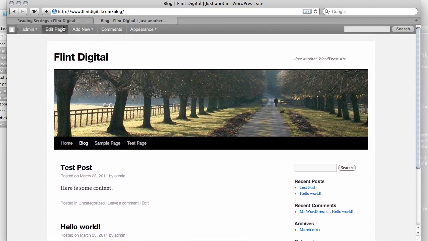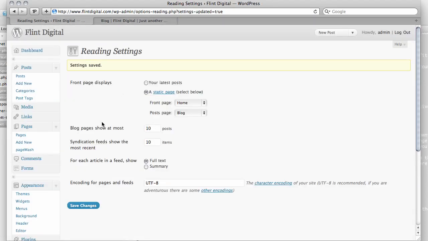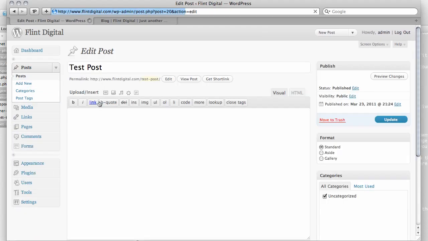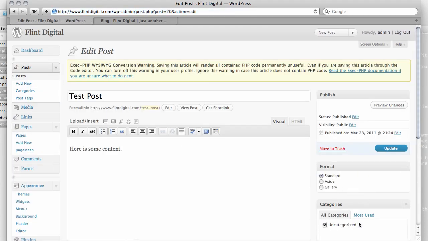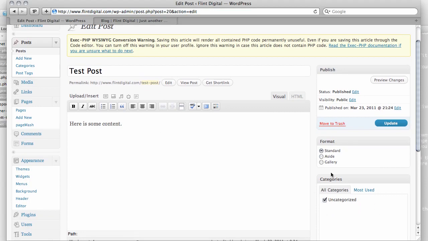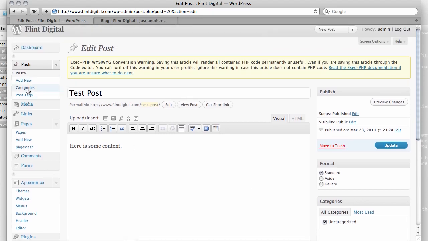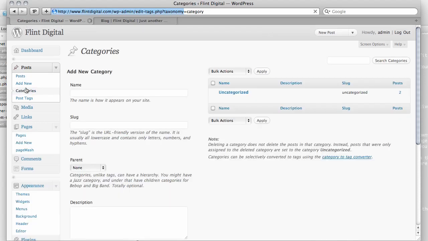Now getting back to categories, if we go back to our posts, test post, and categories. Now the two posts that we have on our site are uncategorized since we don't have any categories set up so far. Now if we go to post categories, we can add a new category called blog,